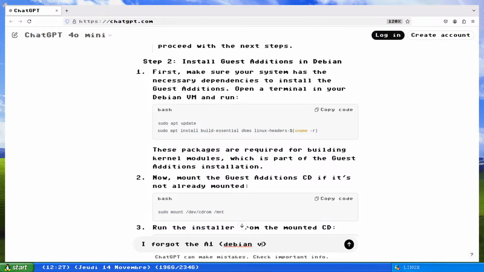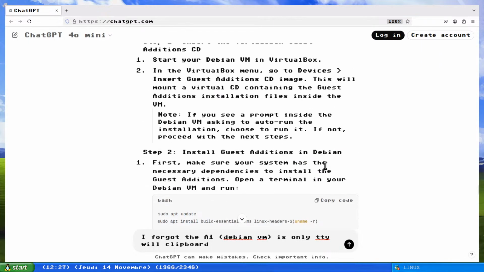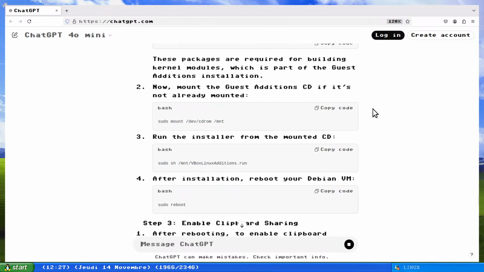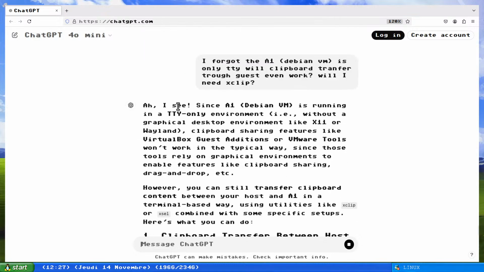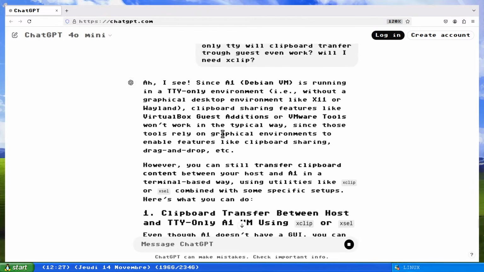I forgot to mention the Debian VM is only TTY. Will clipboard transfer to the guest even work? Will I need xclip? Because maybe it can work with xclip. That'd be smart. I see, since it's running in a TTY environment without a graphical desktop environment like X11,